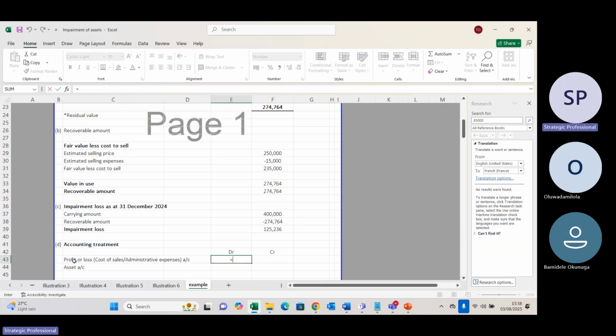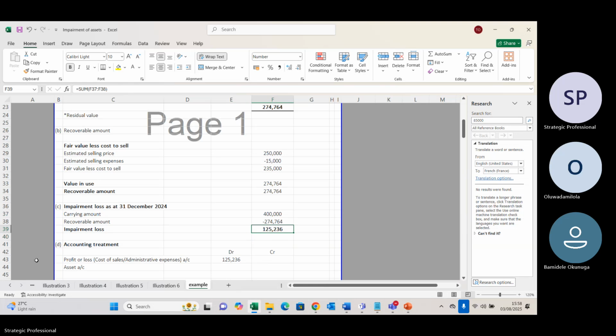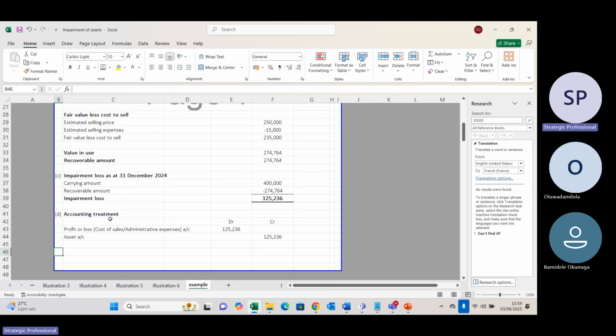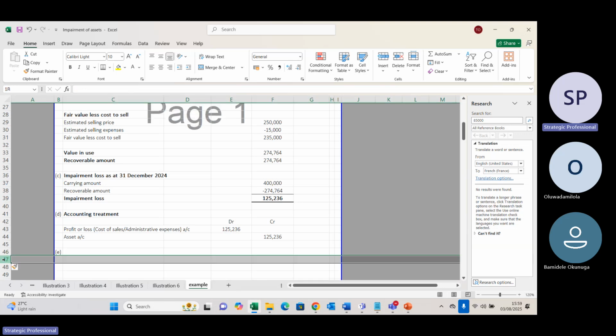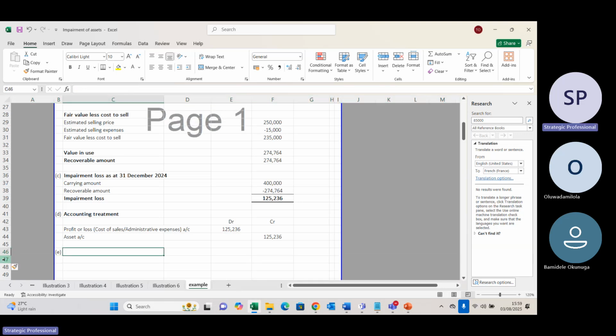So P or L, the value is what? This value. Yes. So now, what if this is the main reason why I'm doing this particular example. Now, what if the examiner now says